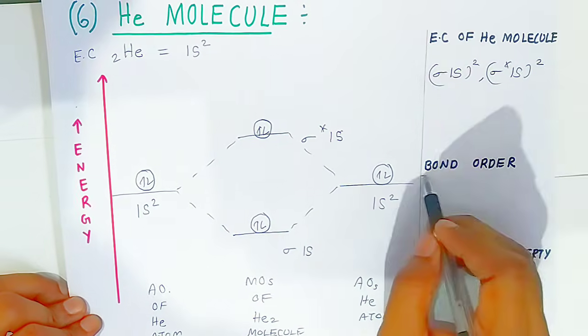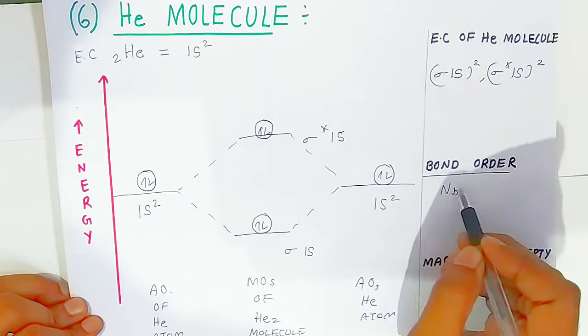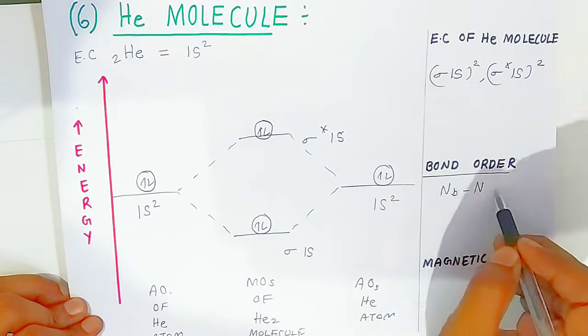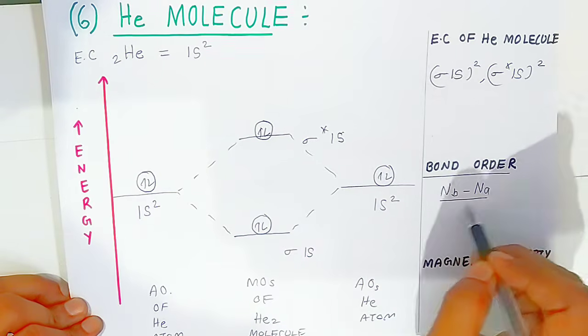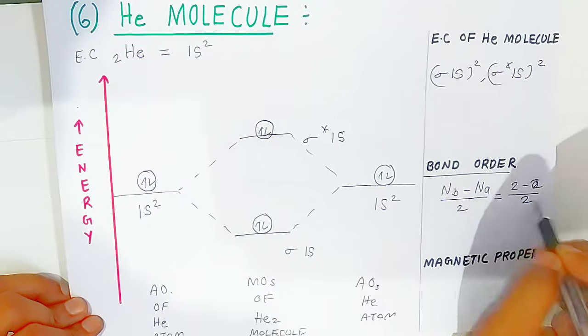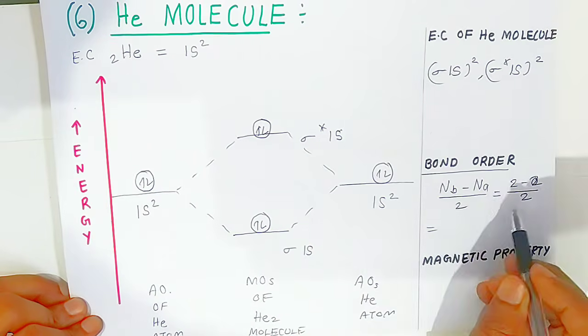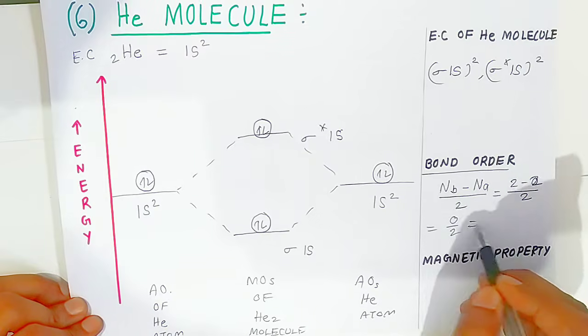Now when you write down the bond order, students, how are we writing it? Number of electrons present in bonding molecular orbitals minus number of electrons present in anti-bonding molecular orbitals, and you have to make it half. That means 2 minus 2. Okay students, 2 electrons are present, so